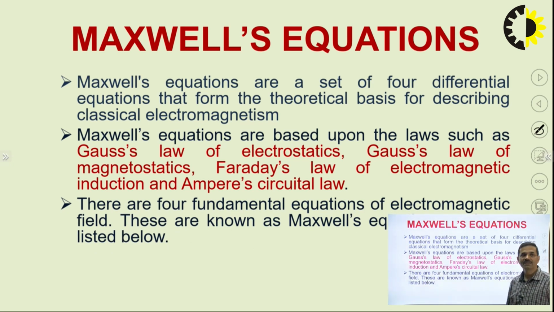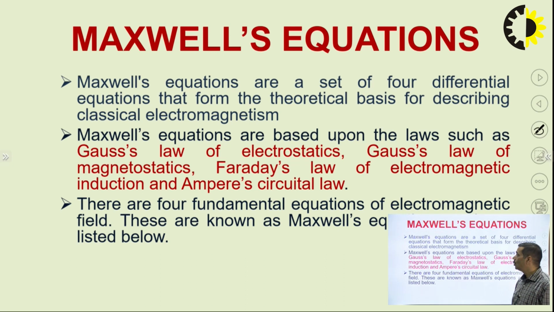So what are Maxwell's equations? Maxwell's equations are a set of 4 differential equations that form the theoretical basis for describing classical electromagnetism, right? And Maxwell's equations are based on 4 laws: Gauss law of electrostatics, Gauss law of magnetostatics, Faraday's law of electromagnetic induction, and Ampere's circuital law. Basically, the 4th equation is the modified form of Ampere's circuital law,